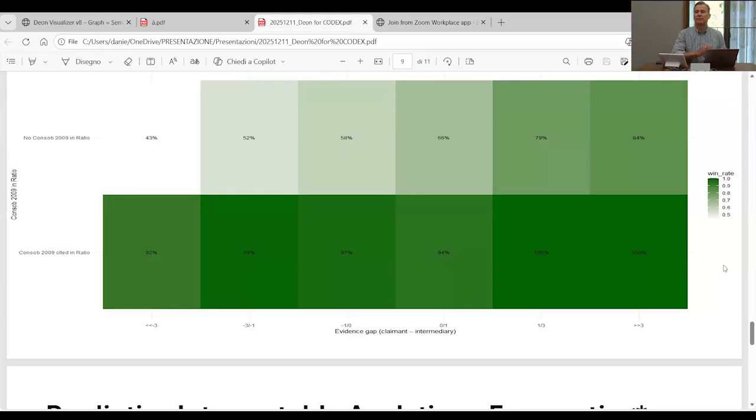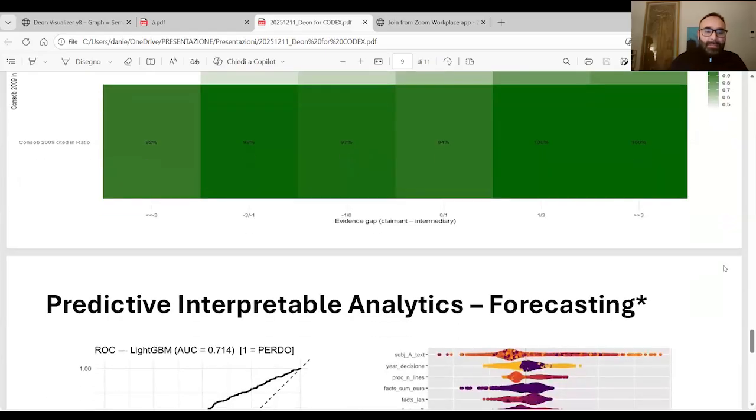This is quite interesting because, of course, this can allow predictive use of DeonLang in order to allow litigators to make data-driven decisions. On this, if we have still 20 more seconds, I will leave the floor to Ivan Danesi, our data scientist, if he is here with us, to show the last